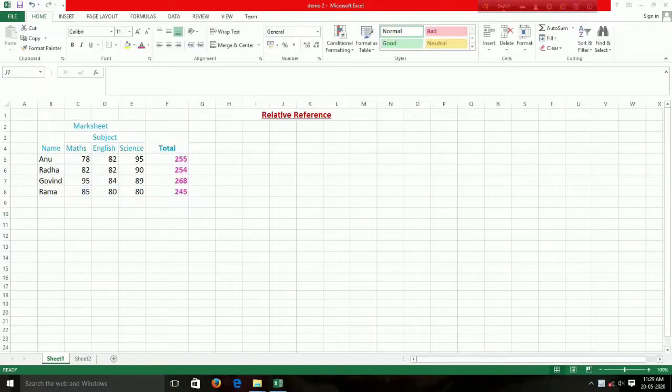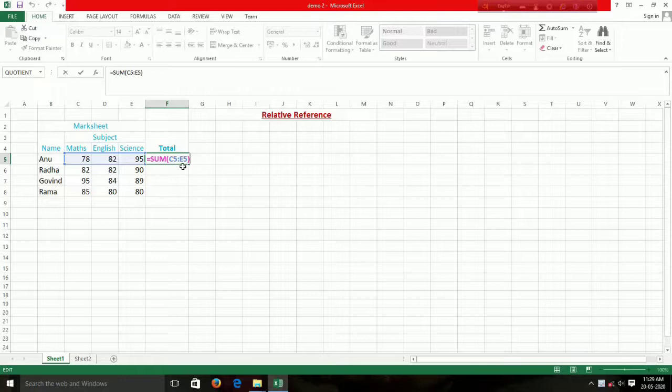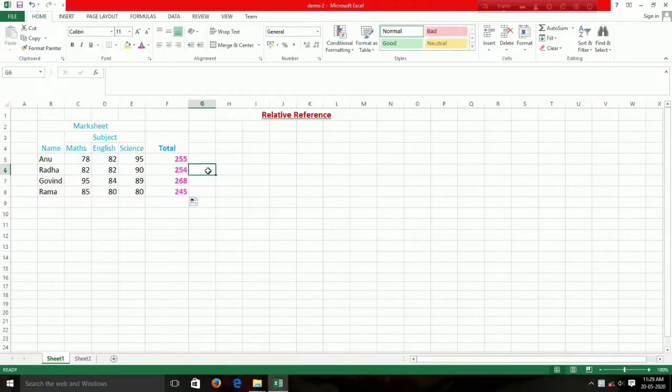This is called the relative referencing. Now I will again show you how to drag down, and you can see the cell references are also changed. So select the cell, then drag down the cell so that the formula is copied in every other cell. Now if you want to check the formula, press F2 in each and every cell and check the formula again. Now moving on to the next topic,